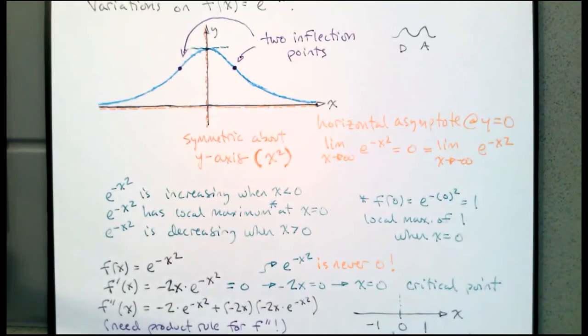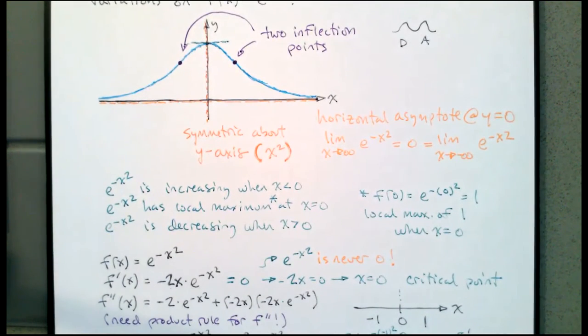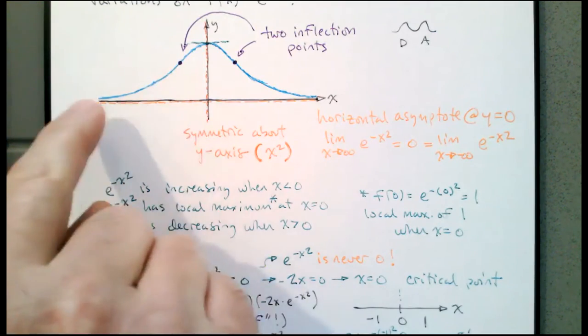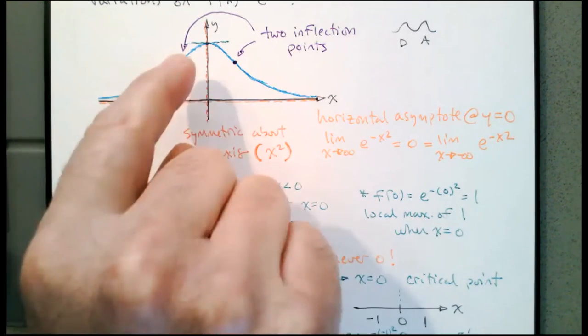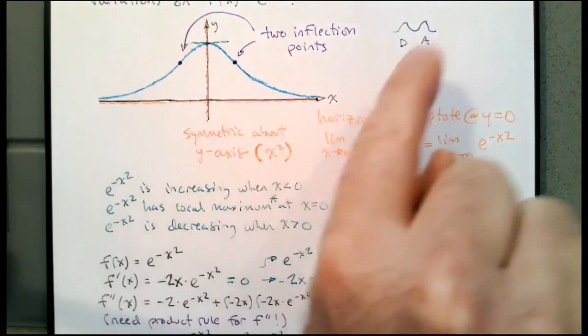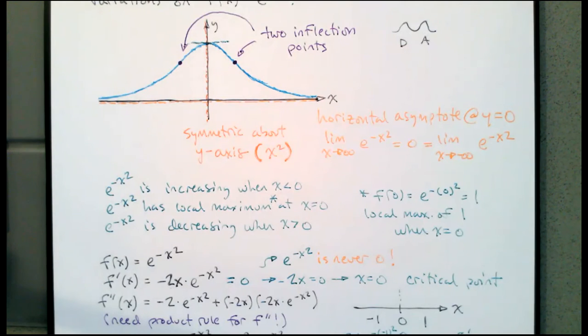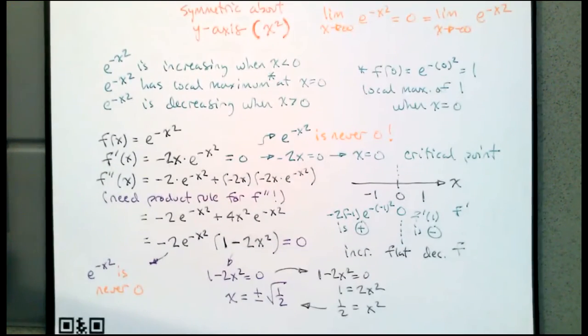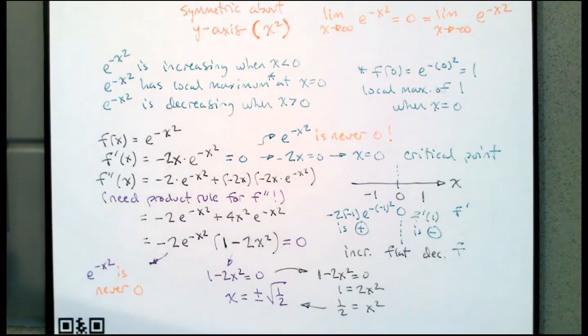Although the inflection points are harder to pinpoint just by looking at the graph, we definitely know they're there because we could see clearly concave up, concave down, and then concave up again. So there must be two inflection points, because the concavity changed twice. There must be two inflection points, and we found them. We're just trying to make our calculations match up with what we've observed about the function.